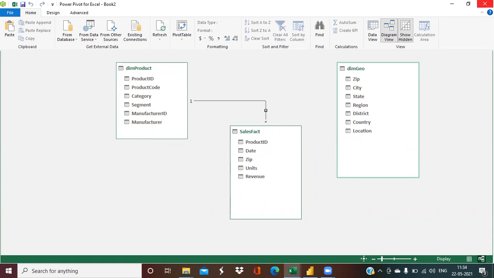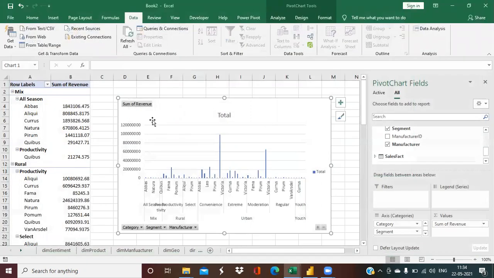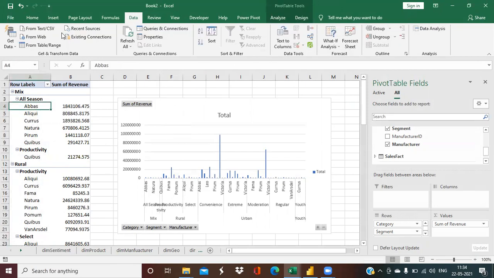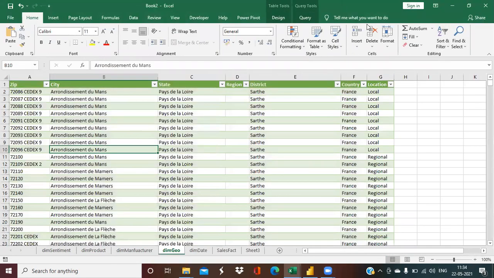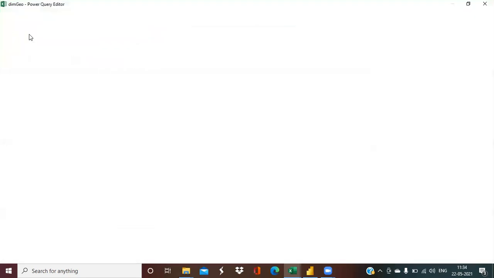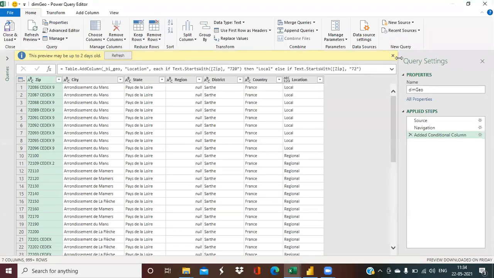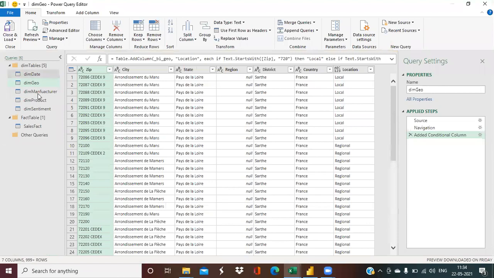Okay. So that's it. And if we summarize the things once again, how we have done it, maybe if you feel initially sometimes it is difficult to understand for the first time. So what we just need to do, I'm summarizing the things once again. When you load the data, when you load your data model, and one more question, when someone asked me that once I have loaded here, how to go back to Power Query. So go to any of your tables and go to your query and click on the edit button. It will open up the Power Query editor window once again. So open up the query section here. Whatever changes you want to make, you can make the changes here.